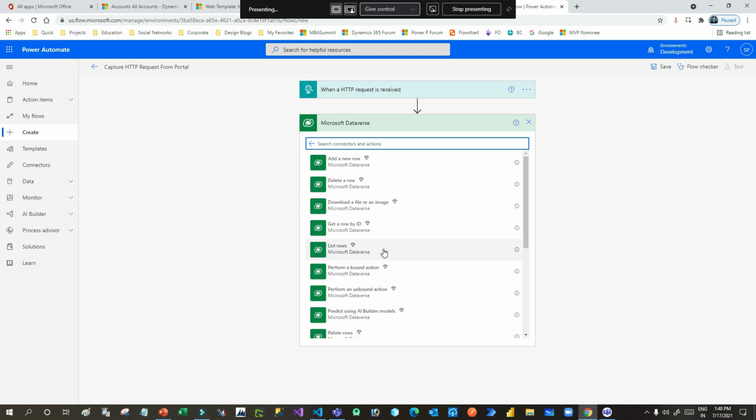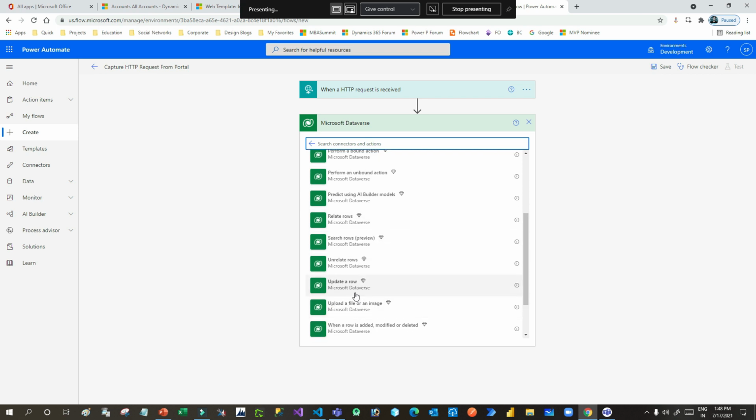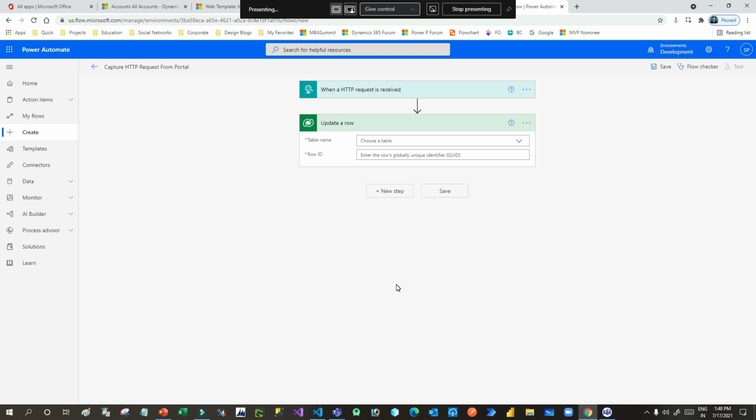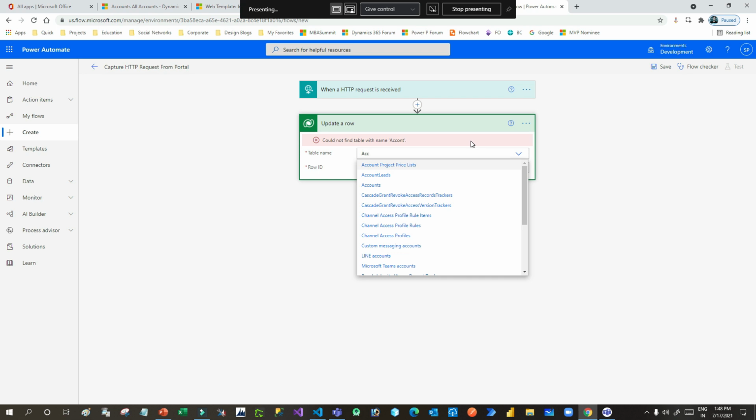I want to perform update row. So my requirement is whenever someone wants to update an account record from the portal, this Power Automate will trigger and it will update the account record. So I will choose the table which I want to update. I want to update account.